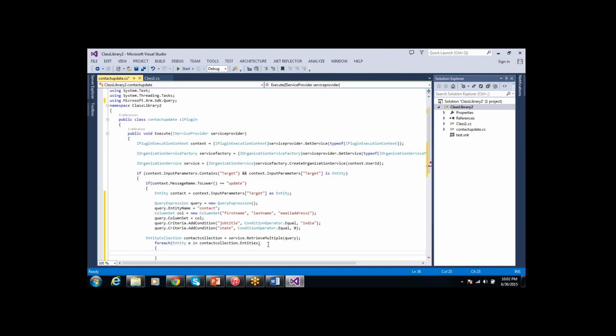So now, however many records came into this collection, you can retrieve and process them like that. For example, for the first record I want to give some alert. So the first thing, I'm giving an alert with the first name and last name. Here I'm throwing